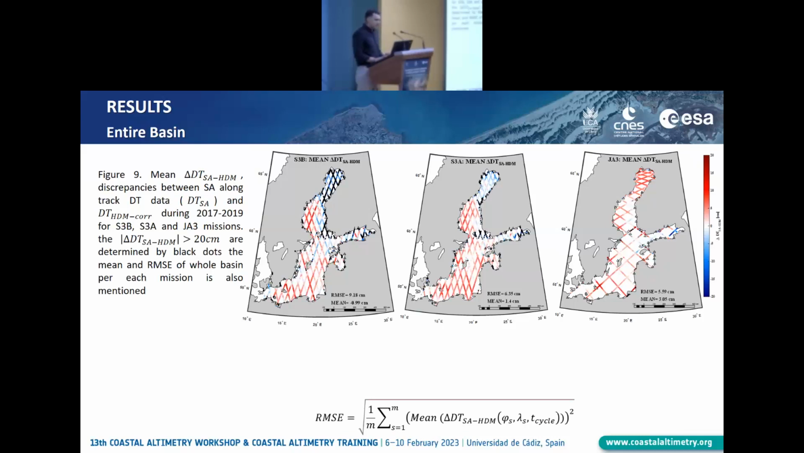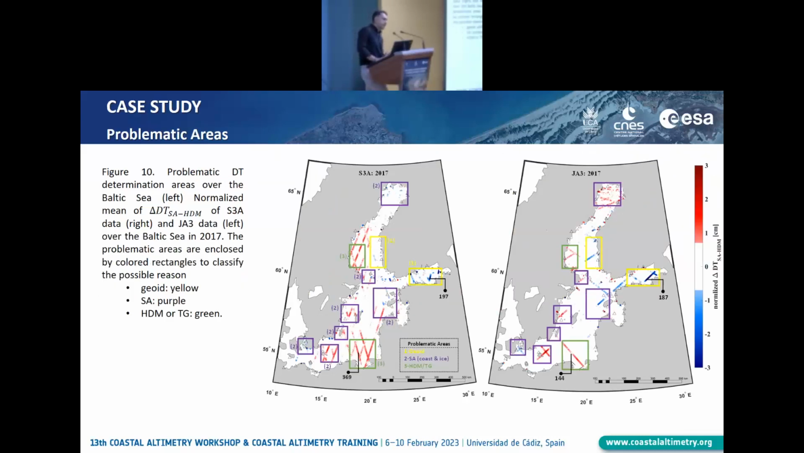mission. And as you can see, the Jason-3 is more overestimated than the Sentinel missions, especially in the north part of the Baltic. And by normalizing those RMSE, we can find the problematic areas, which could be due to various reasons. Here I mentioned some of them. The purple ones could be mostly satellite issues, and the yellow ones, we doubt that there could be a problem with the geoid, and the green one is mainly due to the tide gauges quality at